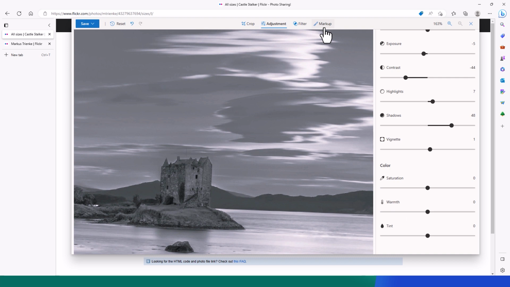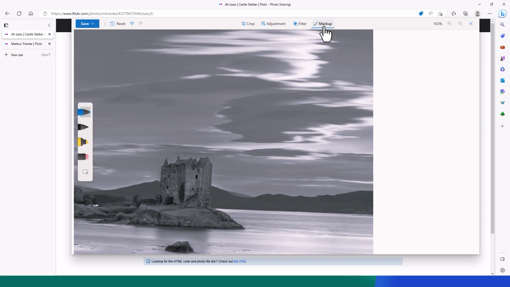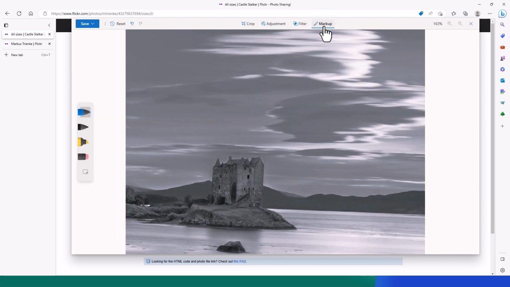The last option is Markup, which lets you draw on the image. You have 2 pens, a highlighter, eraser, and an erase all option. So if you click on the pen to select it, you can change its color or the size of the pen, or you can have it place an arrow at the end of the motion. So with my mouse, I can draw a line,